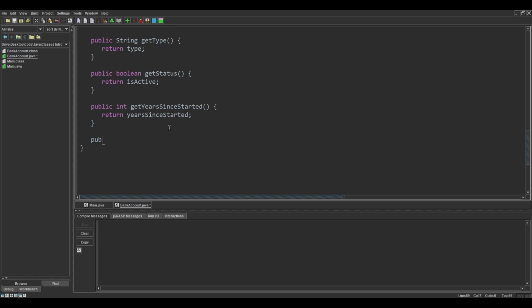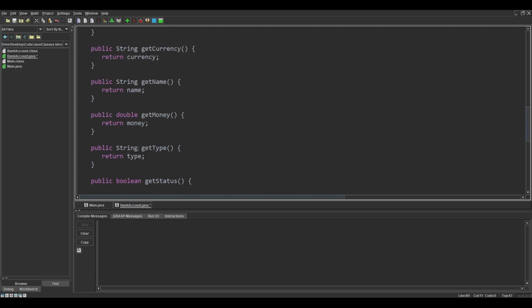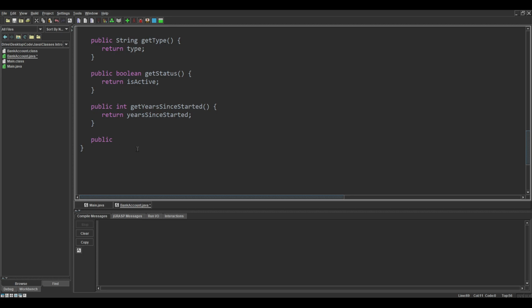So public. And for a setter method, all of these are going to be void because they don't have to return anything. You don't have to get information back from a setter. Public void set address. Alright. And for this, we want to take in a new address. Right? So here, whenever you call this, you want to be able to pass in a new address so you can set this. Right? So we can say here, this is where all the parameters are. So we can take in a parameter called new address,